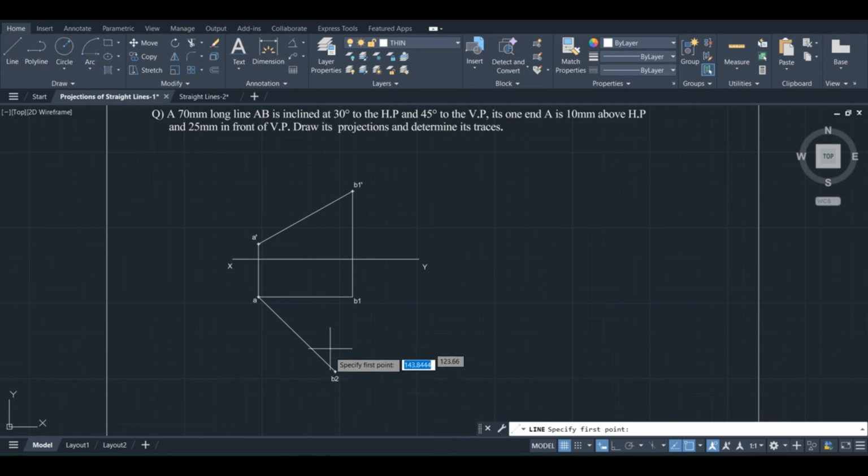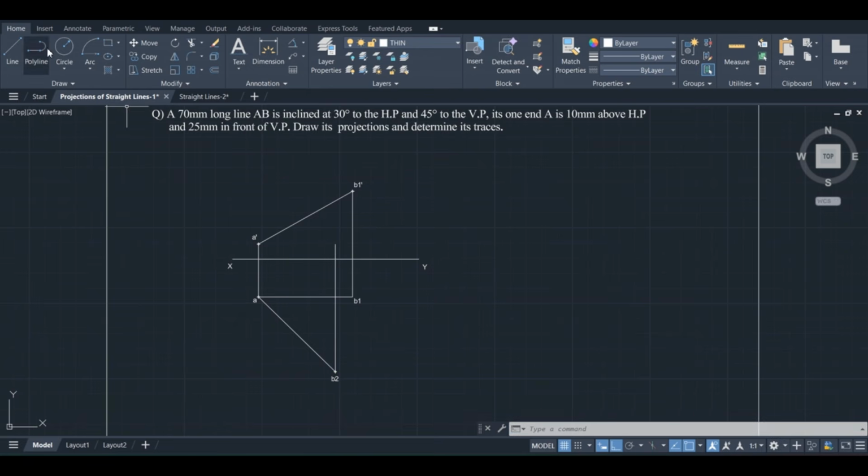Now draw its front view. B2 should be projected to get the front view, up to the level of A dash. So move your cursor to the A dash point and you will find a green guideline. Now it is there, right? Click.